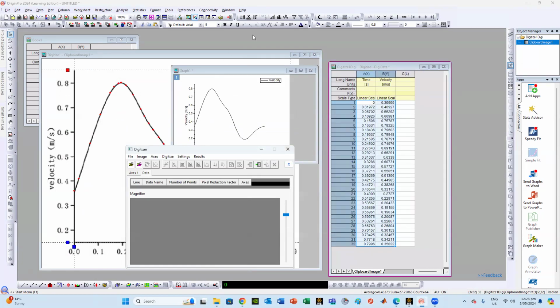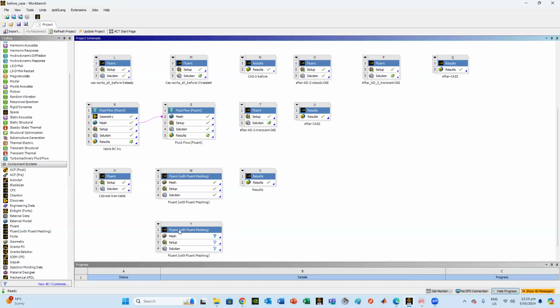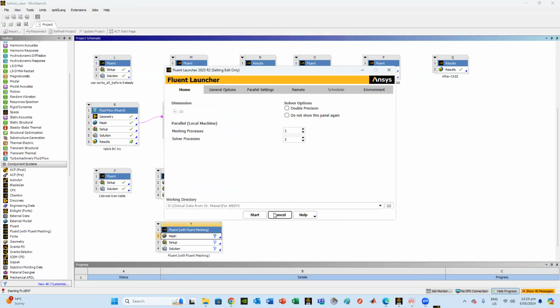Now, after I finish my Origin Lab, I can go to my ANSYS. Ignore what models I'm doing here. I'm doing too many simulations. I will open the mesh. I have the file for a cerebral aneurysm, which is a tutorial for the team I'm helping from New York. I'll start